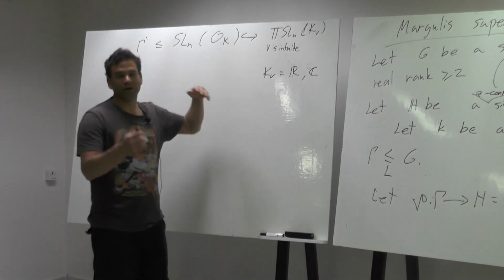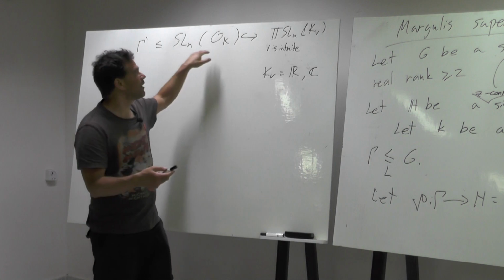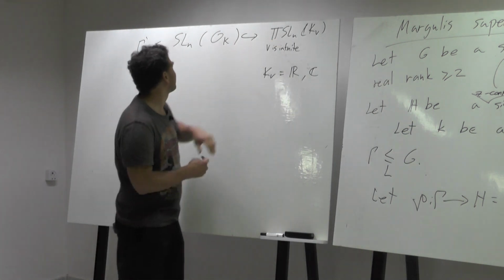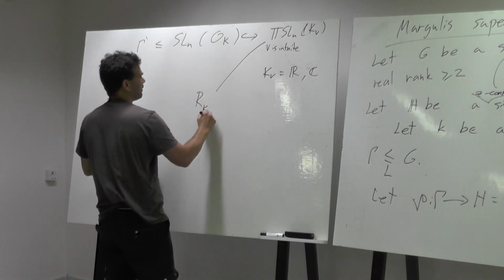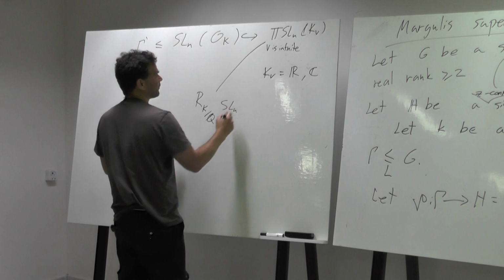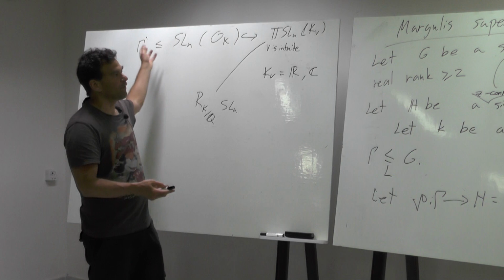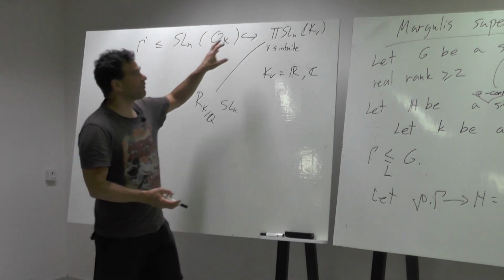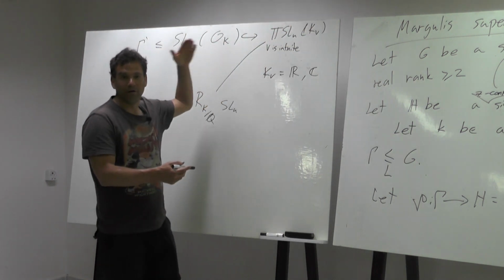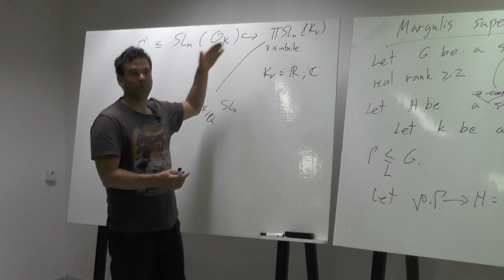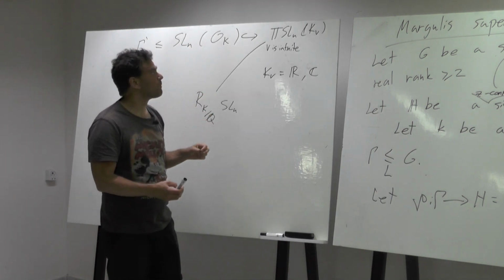Then you take the Zariski closure of what you get, and you realize that this is exactly the restriction of scalars, from Q to K, of SL_N. And when you take the Zariski closure and use the fact that gamma is simple, you see that some of the factors may be compact, but then there could be only one non-compact factor. SL_N(C) can be compact? What do you mean by it?